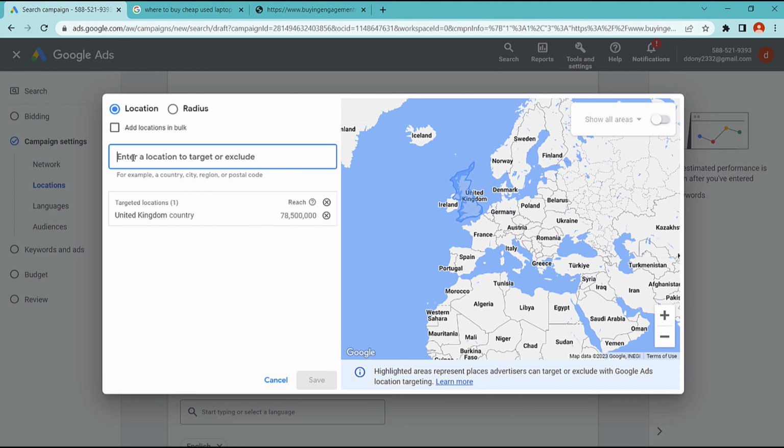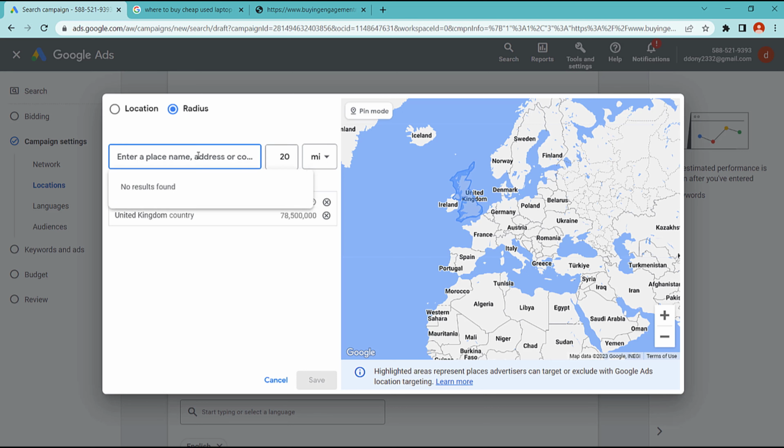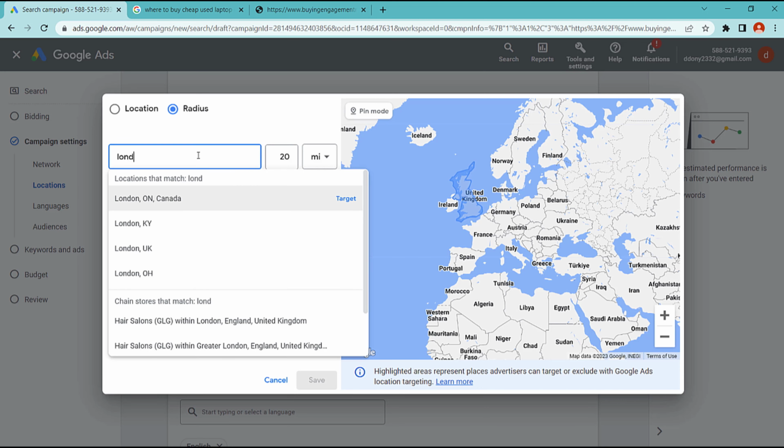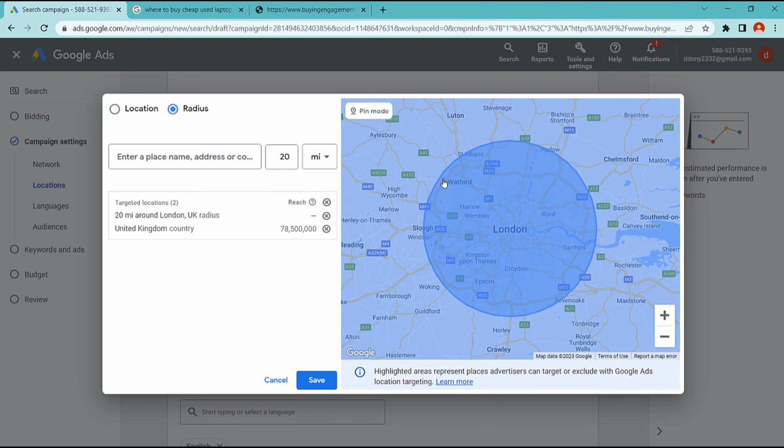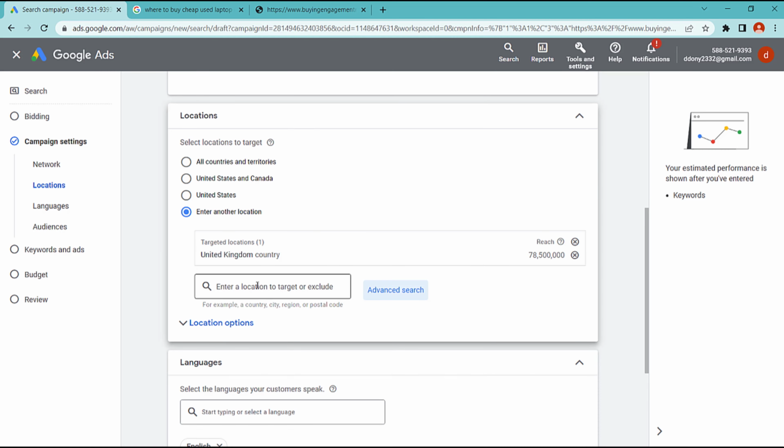Now you can enter another location, or you can use a radius, 20 miles, you can put here. You can choose London, UK as a target location within 20 miles. Okay. Now we choose the country, United States.